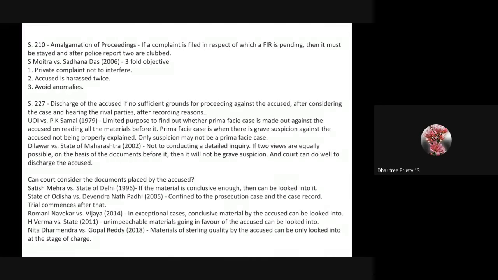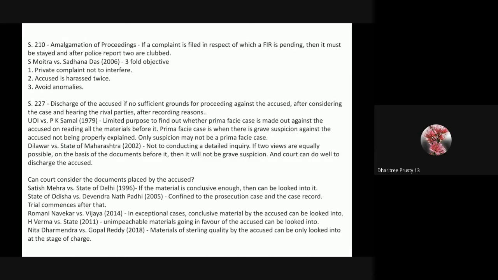Again the very important question comes whether the accused can place any document, because the section says that after considering the case and hearing the rival parties. So that means it is limiting it to these two things, that is the case before it and hearing the rival parties. So the question here is whether the accused can place a document or any evidence just to make sure that he will be discharged. In Satish Mehra versus State of Delhi,